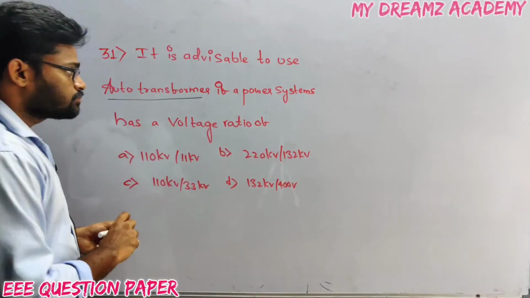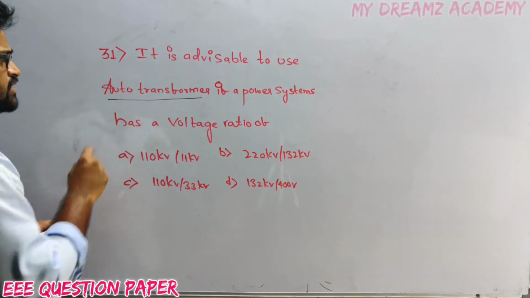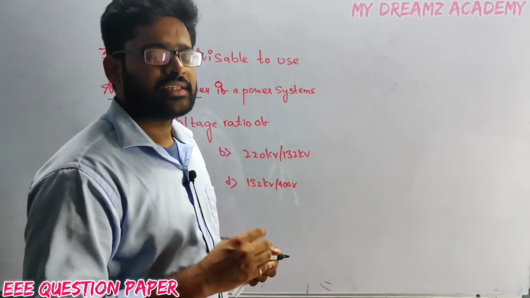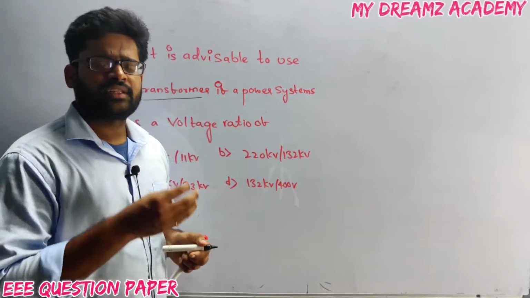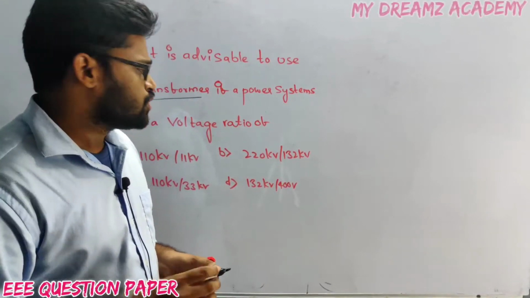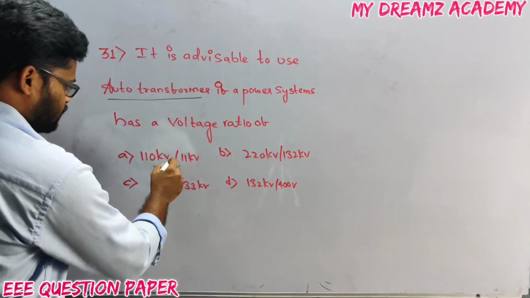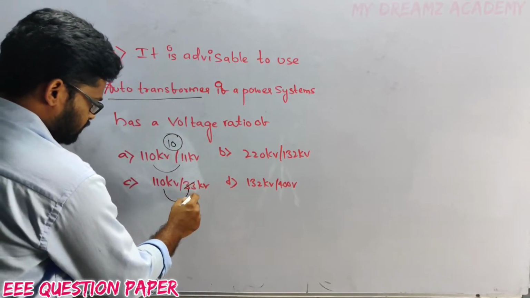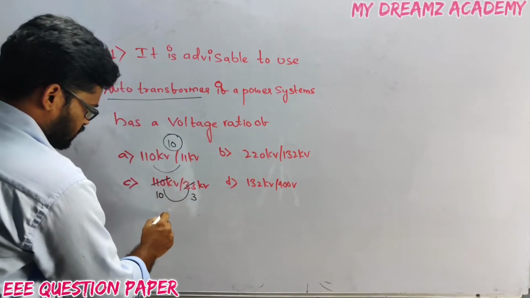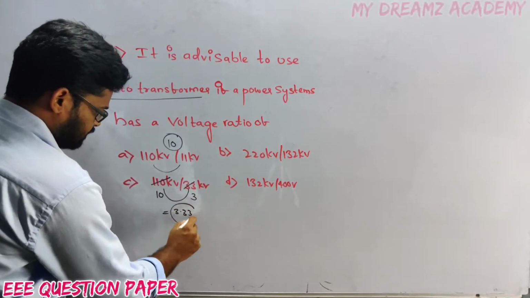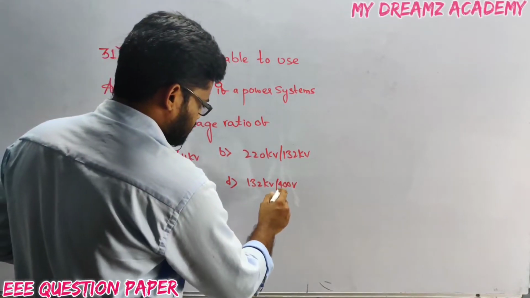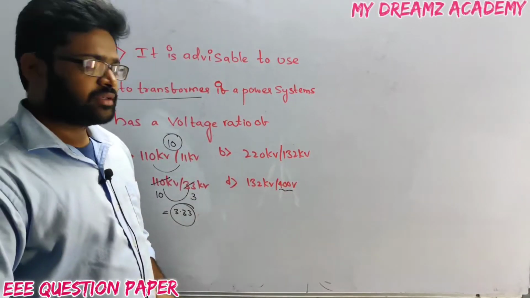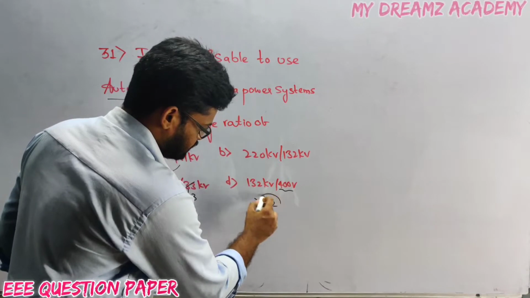Okay, right. And so the transformation ratio should be equal to 1. That is nothing but if it is nearer to 1, then the losses will be less in the auto transformer. So the ratio between these two will give 10. The ratio between these two will be 11 3s are 11 1s are. So it is near to 3.33. So this is very great. It is not even equal to 1 kV. So its ratio is greater than 132.